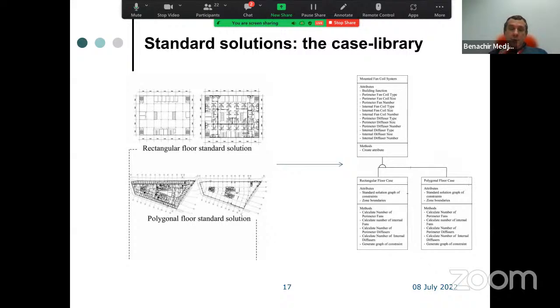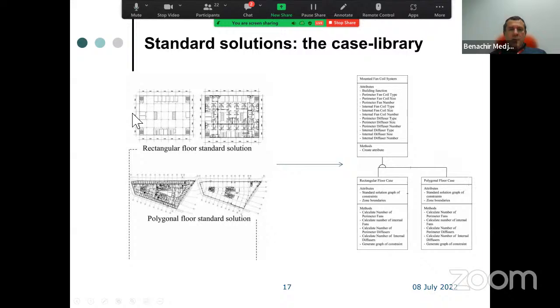And each case will include the different design rules to calculate the number of fans and the number of diffusers you need for that solution, and use a certain way of allocating those different pieces of equipment in the 3D space. For example, for the rectangular shape here, we use just a grid to locate our different equipment.